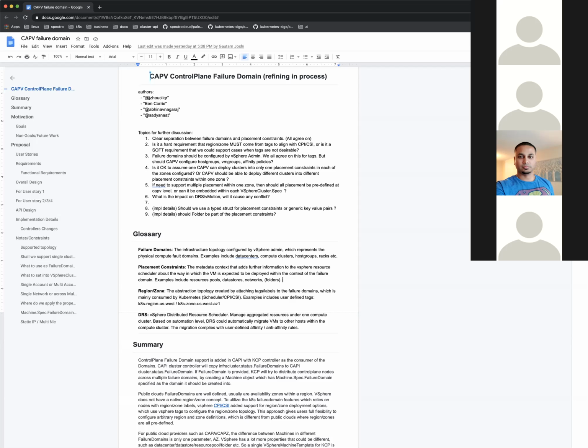Okay, so it does make sense, but it sounds to me like it doesn't make sense for that to be something that we define ahead of time, because frankly we don't know which VMs are going to be part of the VM group ahead of time. So that's something that makes sense for CAPV to be able to do dynamically. Well, one way it could be predefined is, for example, we have a VM group which is tied to the host group.